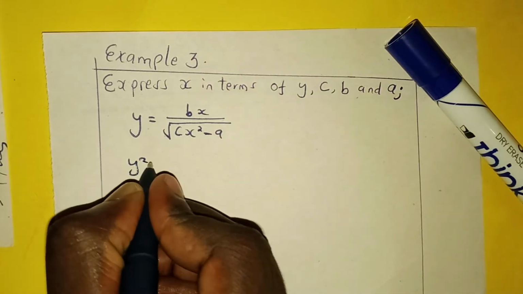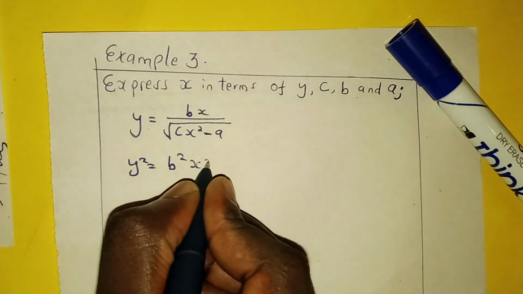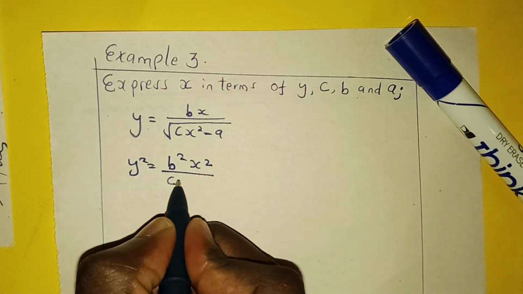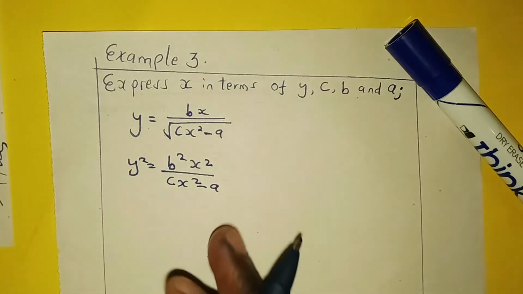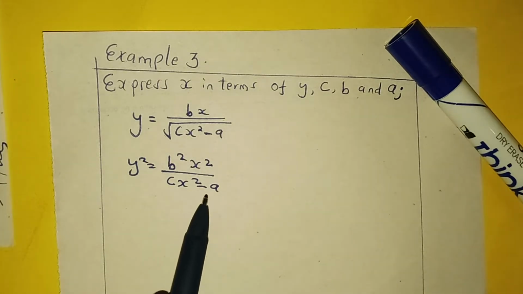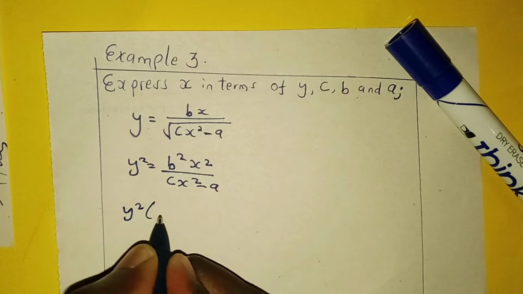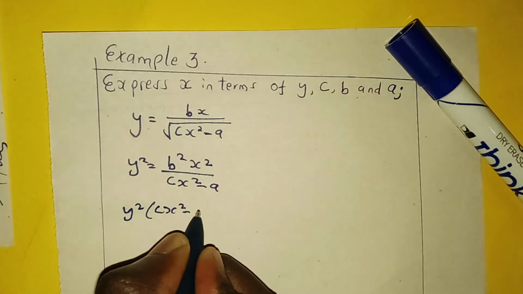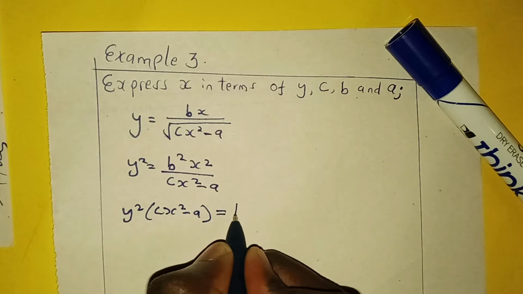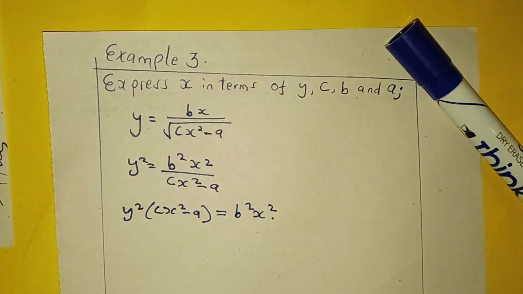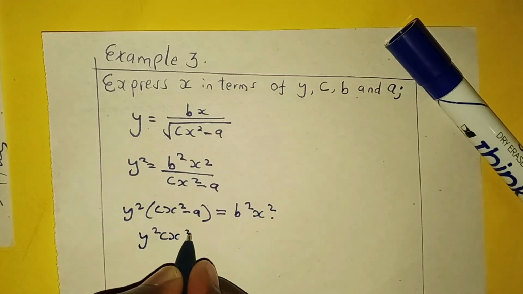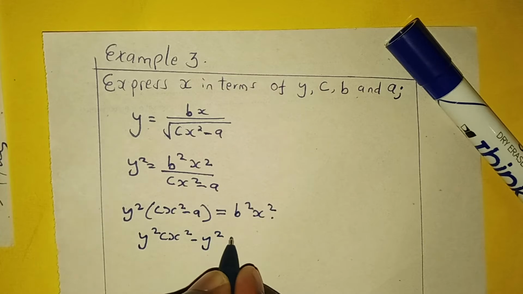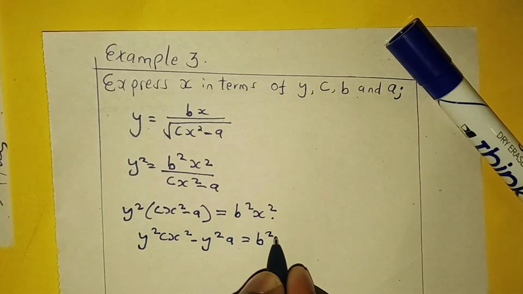So y squared is equal to b squared x squared over cx squared minus a. Second step, we multiply both sides of our formula by cx squared minus a. So we'll have y squared times cx squared minus a is equal to b squared x squared. So we multiply this, we'll get y squared cx squared minus y squared a is equal to b squared x